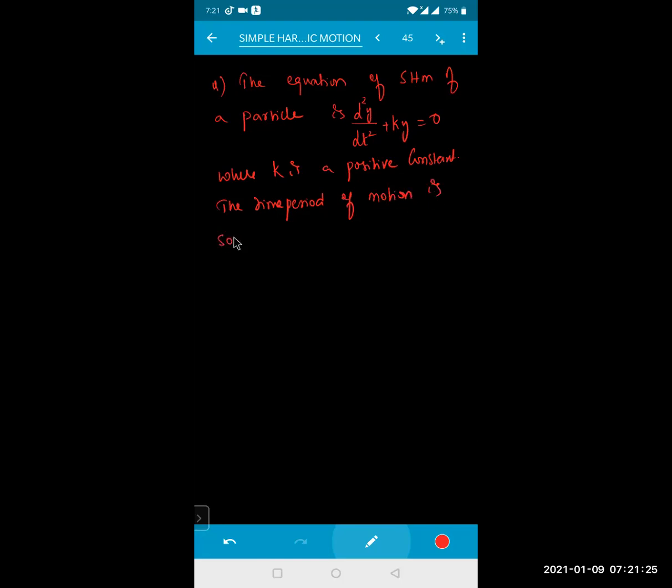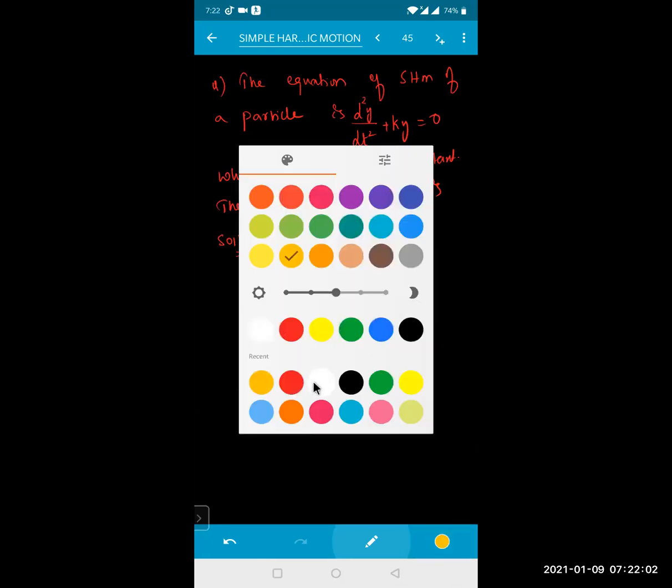Can you try to tell me? Compare with the standard equation, beta. See how much I'll be getting from that. What is the standard equation of an SHM? The differential form is d square x by dt square equals minus omega square into x, so bringing it inside, d square x by dt square plus omega square into x is equal to 0. This is the standard equation. Any particle which is making SHM should obey this equation. Then only we can say that the particle is executing an SHM. Otherwise, it will not be an SHM.